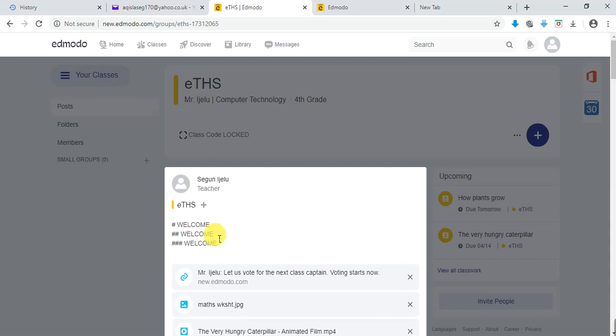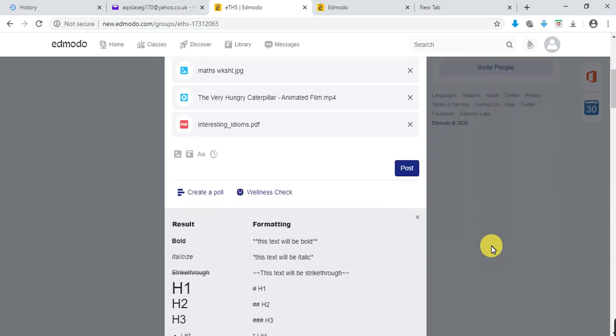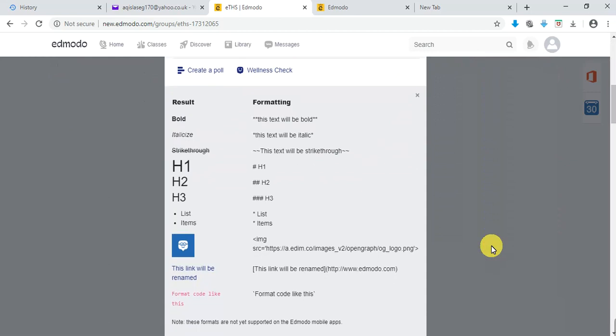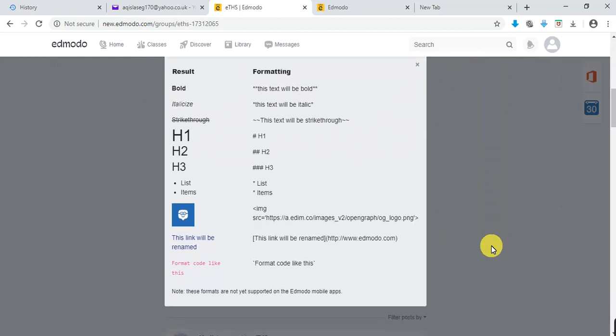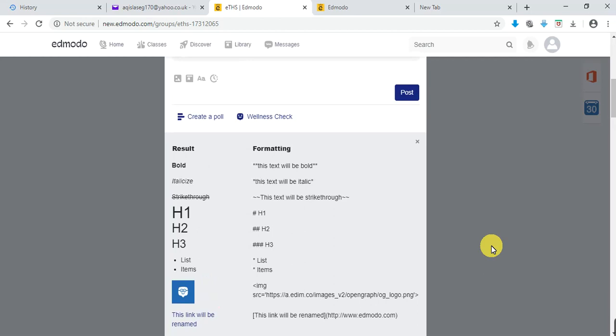You're going to see everything. So I'm just going to practice, almost not everything. You're going to do that yourself. I'm just going to look at this. Format code like this. Did you see this one? Format code like this. Can you see it clearly? Okay. Now, format code like this is a red kind of